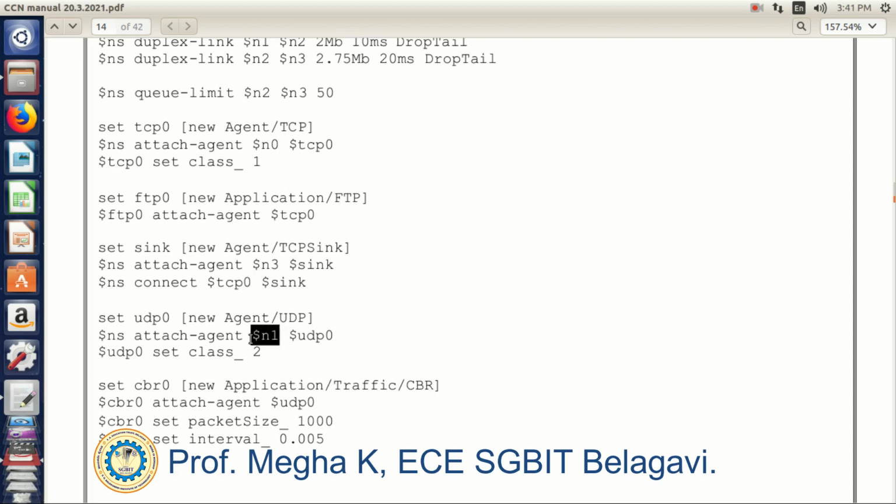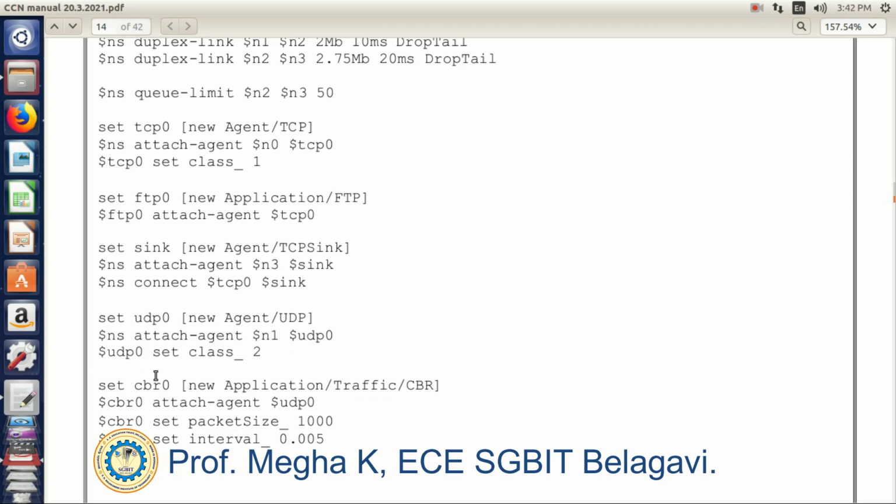As already told, N1 to N3 communication happens with the UDP transport layer protocol. So now I will set udp0, attach the agent referring to node N1 to the simulator class, and set this class as class 2.